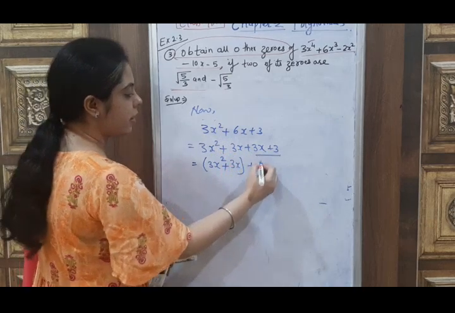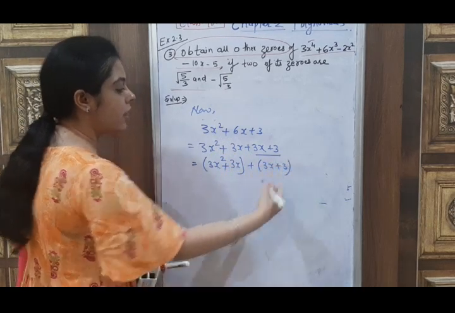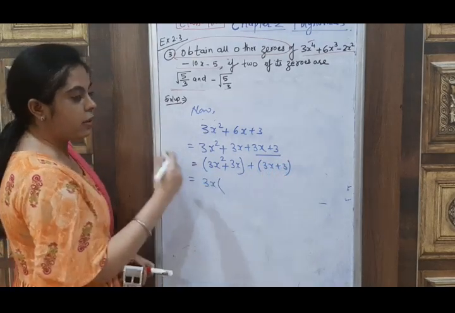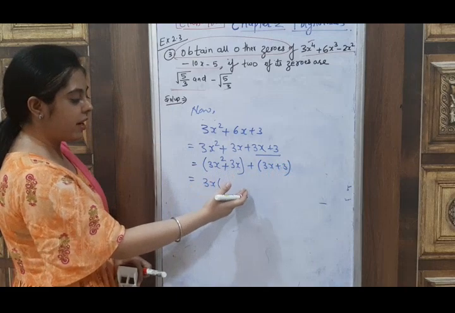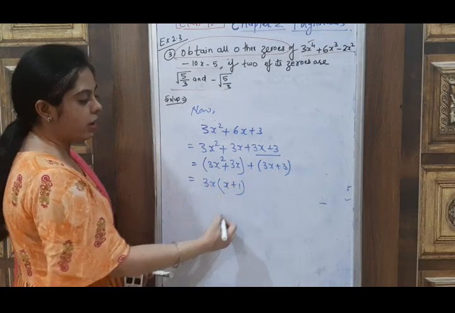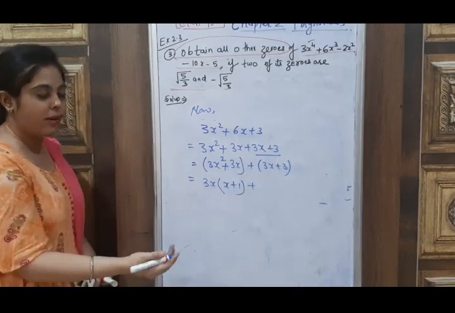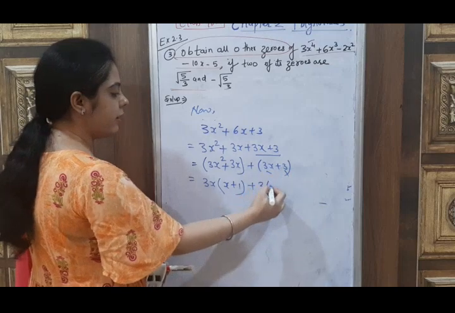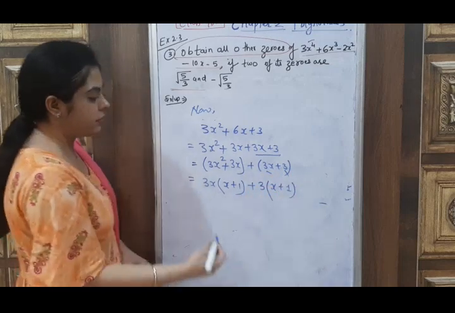First pair and the second pair we get from here. Now take out the common factors, and here the common factor is 3x and the non-common factors we write here in the bracket. So here the non-common factor is x and here 1. Same as, take out the common factor, and here you can see it clearly that the common factor is 3 and the non-common factor we write here.